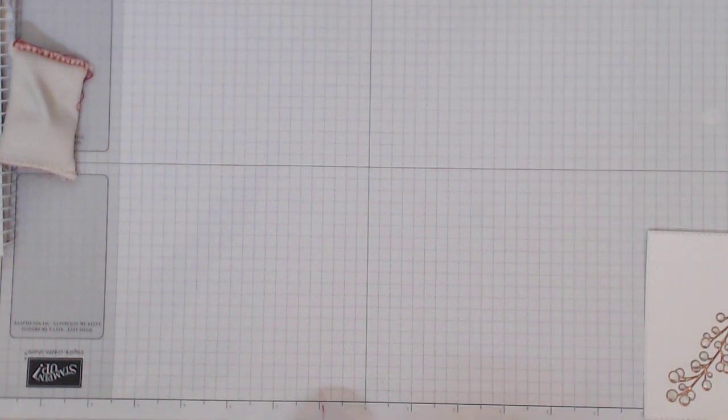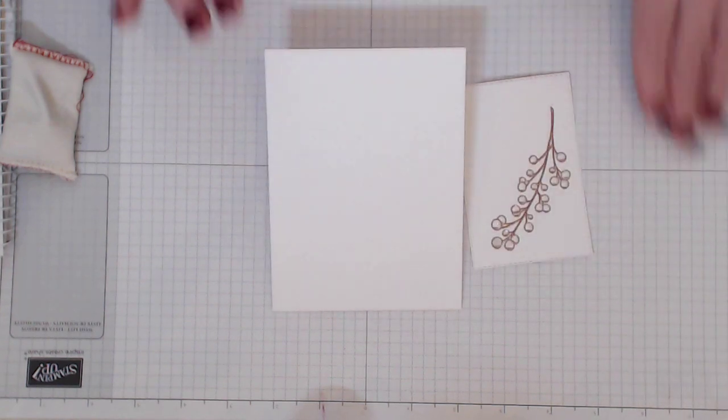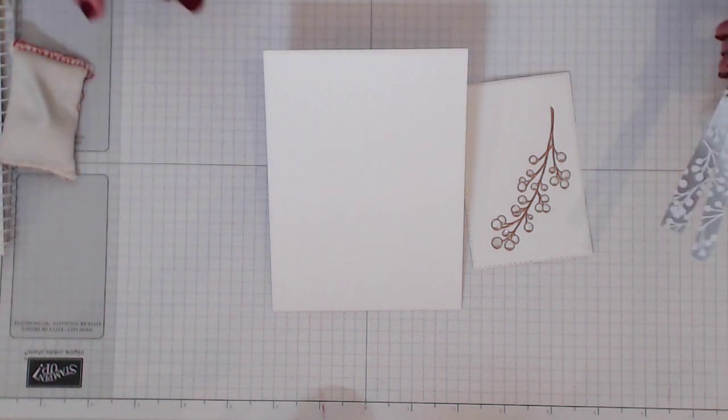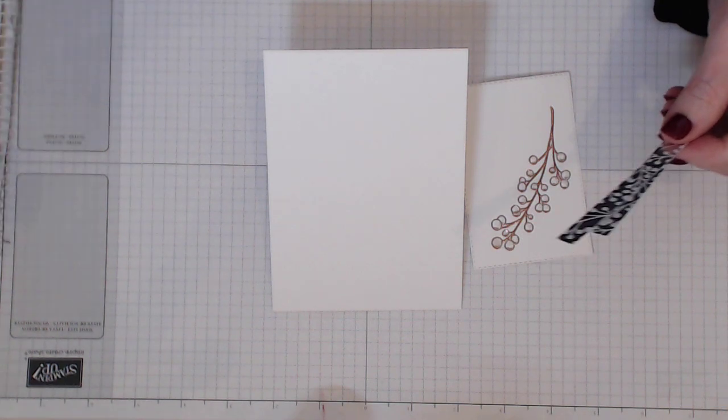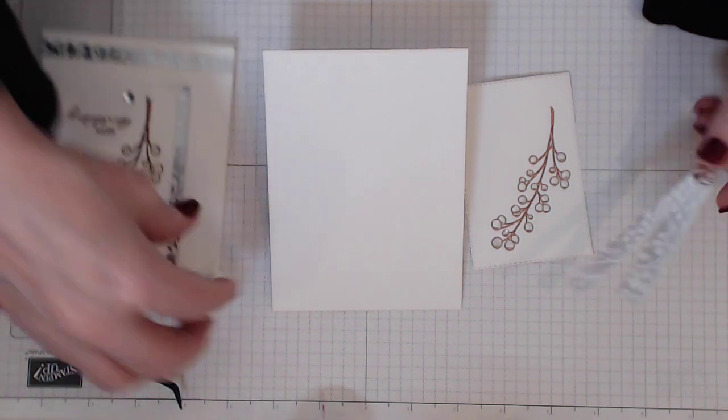Okay, so the next thing we've got is our card base and our mat. We are going to be using, and what have I done with them? I do this every time. I do my preparation and then I lose my preparation. Not good. Okay, I have cut 2 slivers of the Feels Like Frost Designer Series paper,